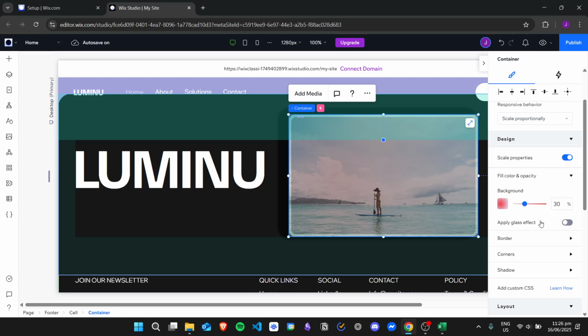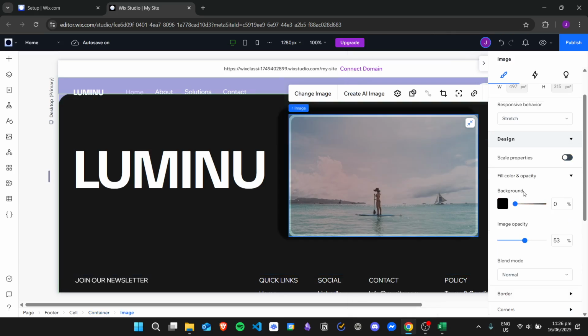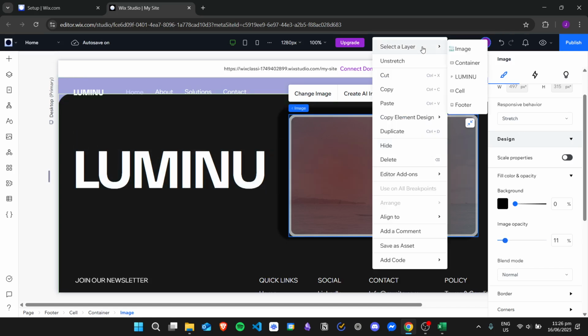And then we can also go back into the image layer, and then we can also change the opacity to strengthen the look of our gradient overlay. For example, I'll just set it to 11, and then I will go back into our container,